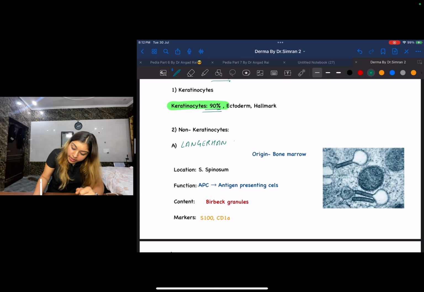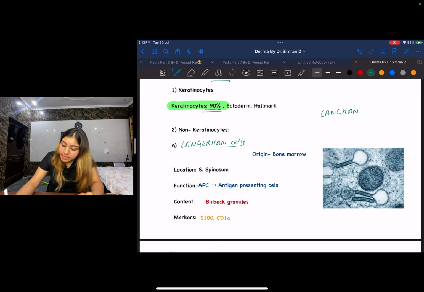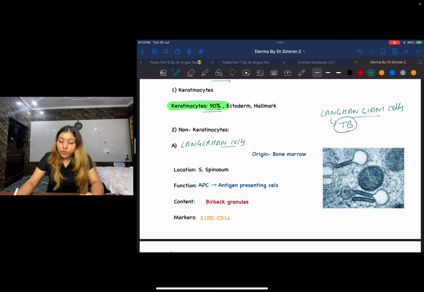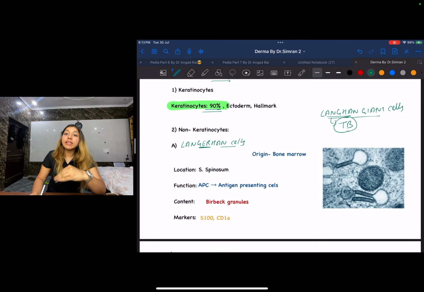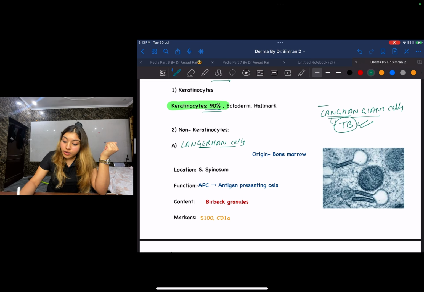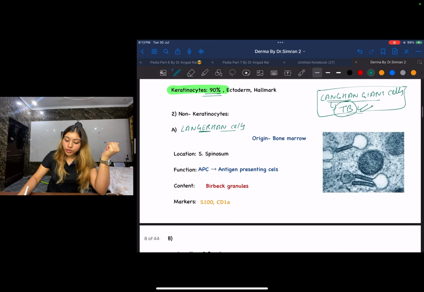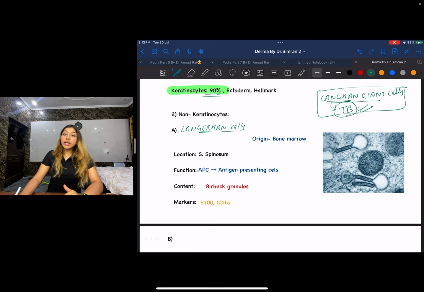Langerhans cells. Let us move into a little pathology as well. There are these things called Langerhans cells, right? You might have heard of Langhans giant cells. Where do you see these? You see them in the granuloma of tuberculosis, in TB. Remember guys, Langerhans has an R here, and Langhans does not. Langerhans cells are present in the epidermis as non-keratinocytes, whereas Langhans cells, which we see in pathology, are present in the granuloma of tuberculosis. Don't get confused, guys. Remember this point. It's a PYQ.